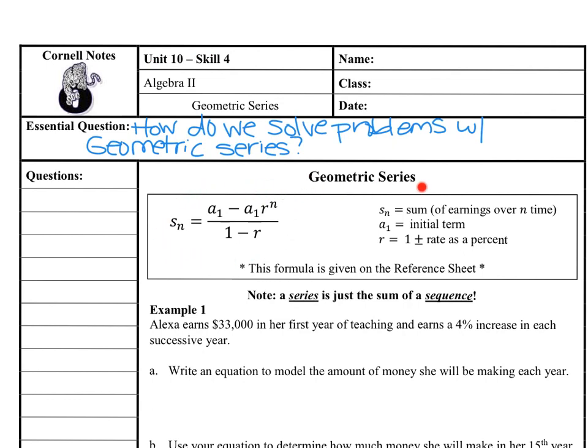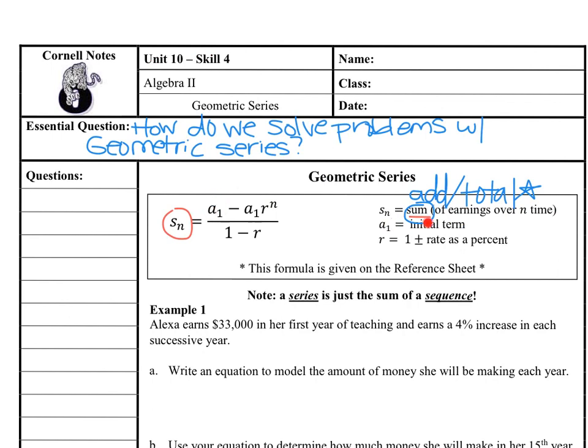The problem won't actually say geometric series, but anytime they ask for the sum of earnings, and sum means total, or the values added over time, or the total earnings, that's going to be a keyword here. Total is going to tell you that you need to use this formula, the geometric series. So this S of n represents the sum,